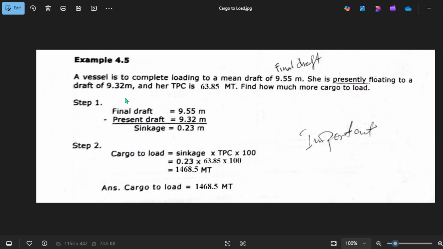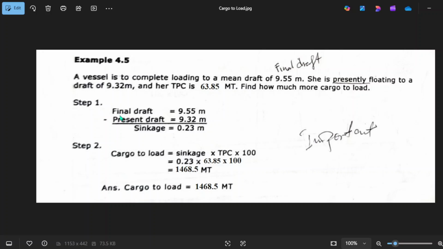So in this example, we have already reached 9.32, and the chief officer and the surveyor have agreed that the mean draft is 9.32. Now, this is step 1 according to this operation.